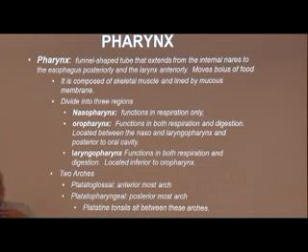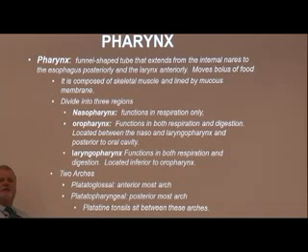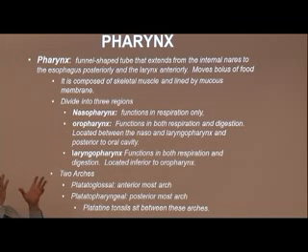So our throat is technically referred to as a pharynx. And the pharynx can be divided into 3 regions. The nasopharynx, which is superior to our palate, our hard palate and our soft palate. An oropharynx, which is directly behind your oral cavity. So if you open your mouth, shine a flashlight in it, look in a mirror, the space behind your mouth that you see is your oropharynx. And then we have a laryngopharynx, which is posterior to your larynx,